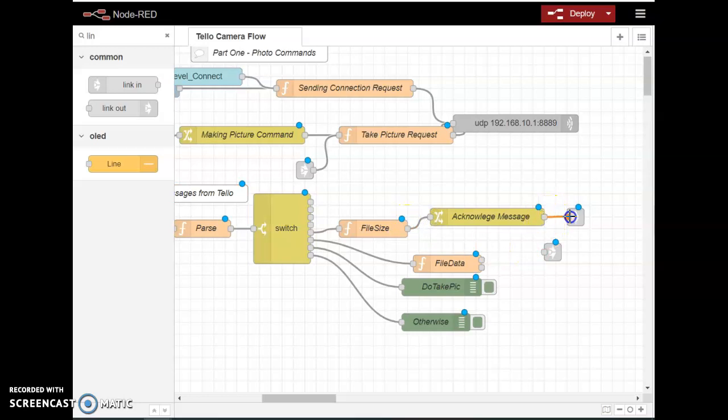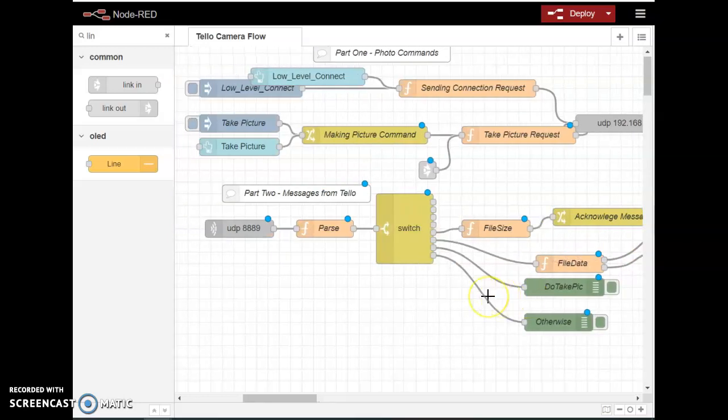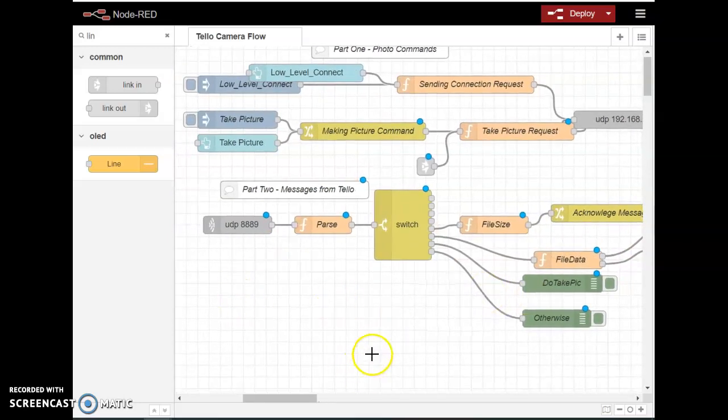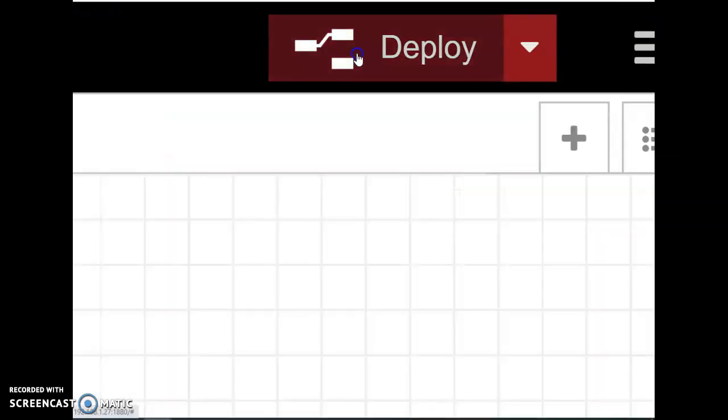So we have completed the second part of the flow, which receives messages from the drone. The first part sent messages, and the next part will be to decode those messages and send them to a dashboard or save them to your Pi. Remember to click the